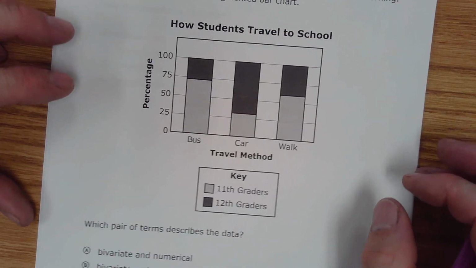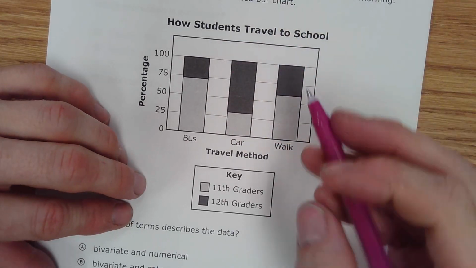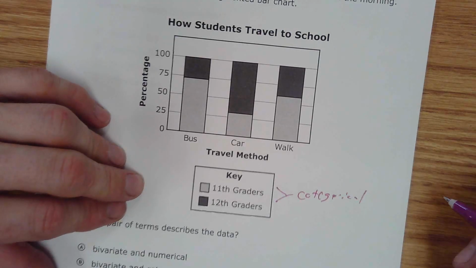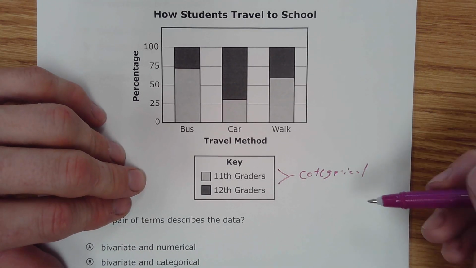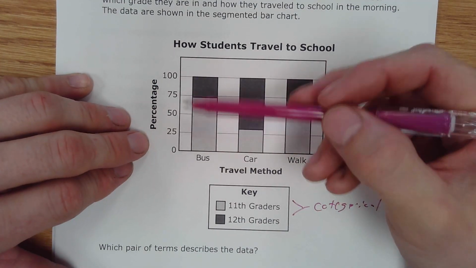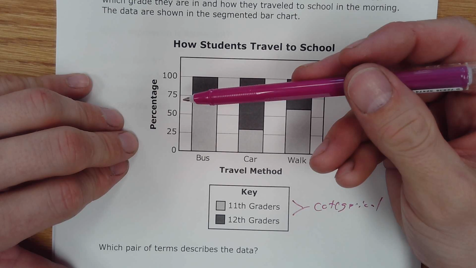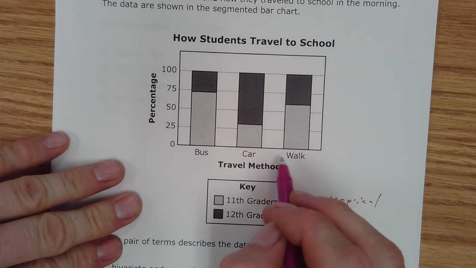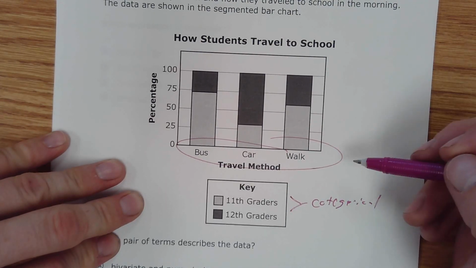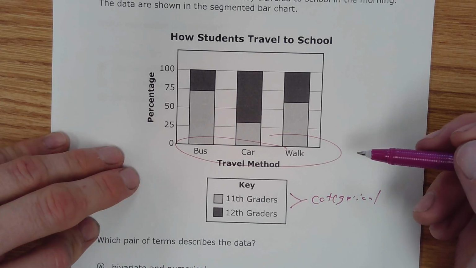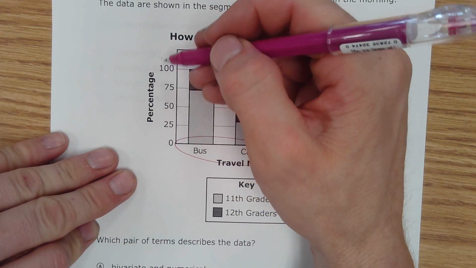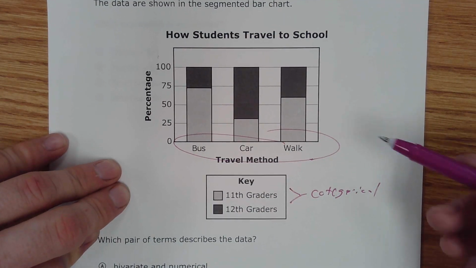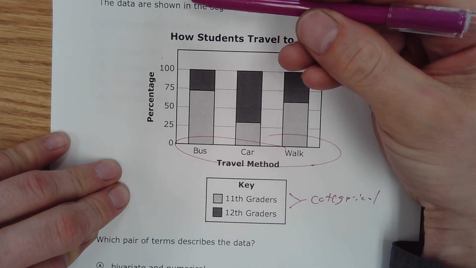All right, so I have categorical data here. It's categorical because there's no numbers in here. 11th and 12th graders are not numbers, they're categories. And then this is the percentage of people who like to either bus, car, or walk. So this is categorical as well. And then remember, a percentage is not a variable, okay? Well, it is a variable, but it's just the number of people